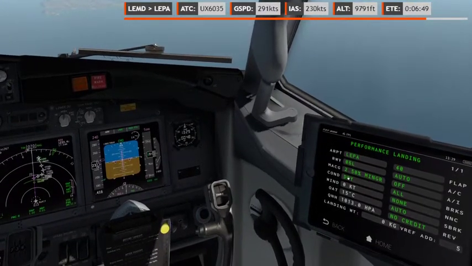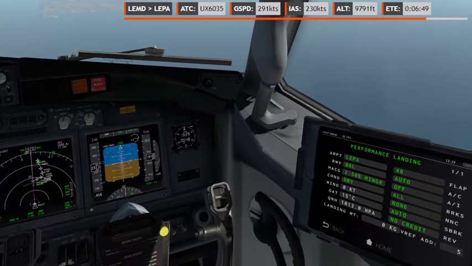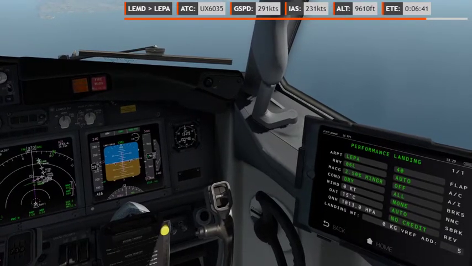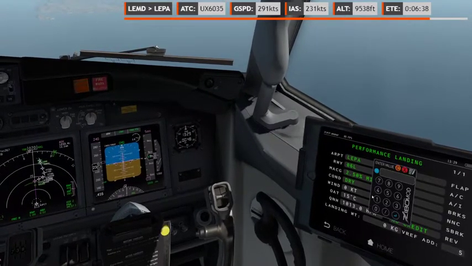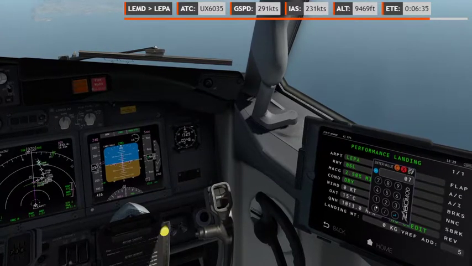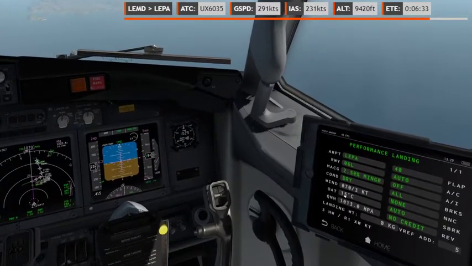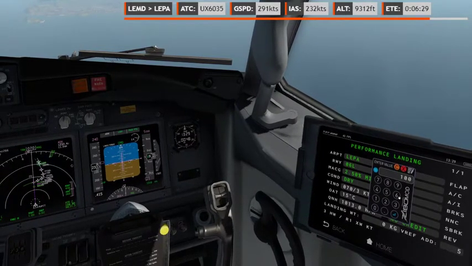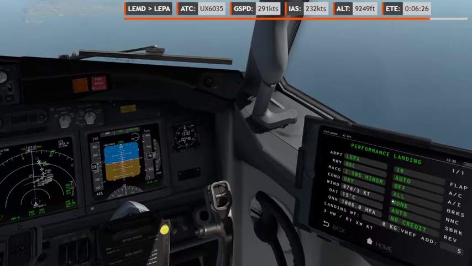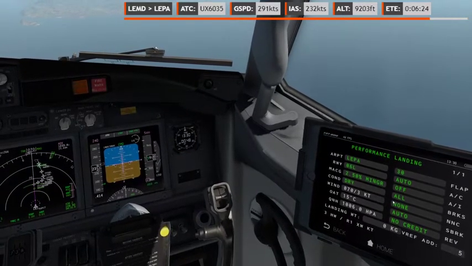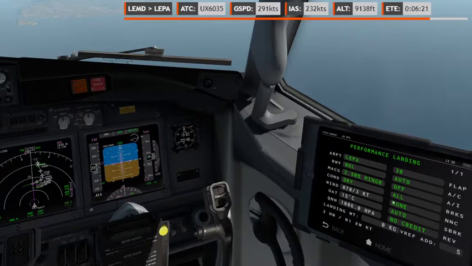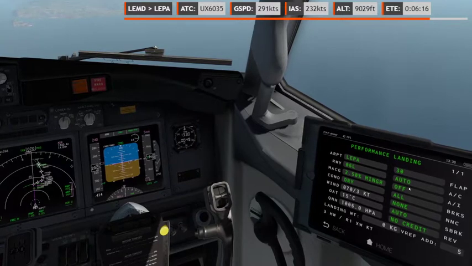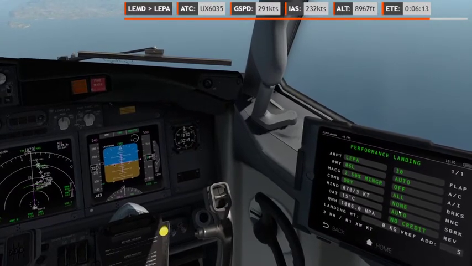If we do our performance charts, alright, meta condition dry, wind 070 at 3 knots, temperature 15, QNH 1006, flaps 30. We have 10,728 feet of runway, or 3,270 meters, which is very long. No NTI is required,